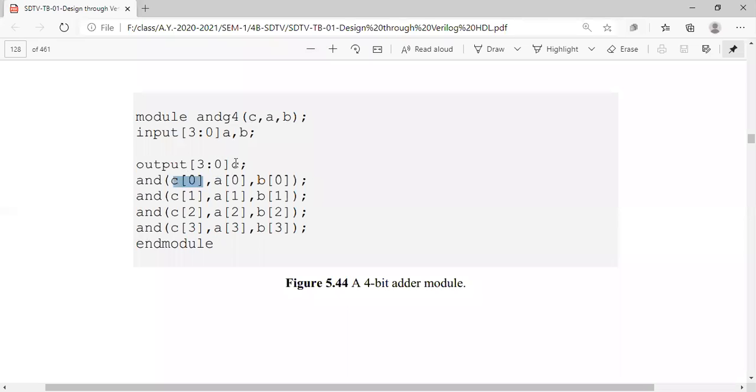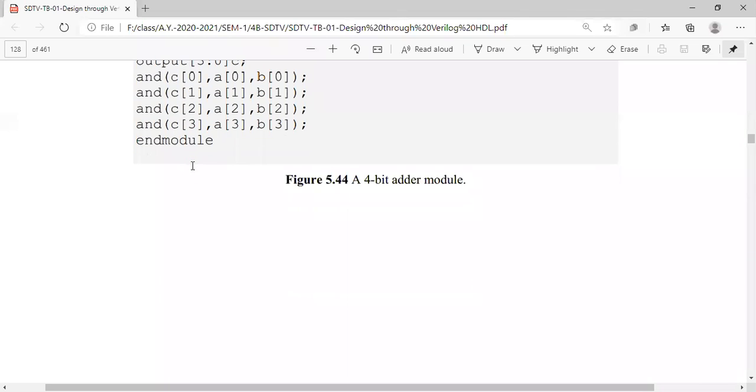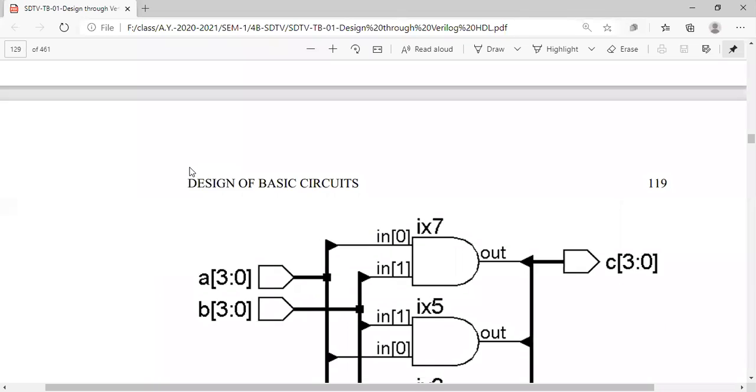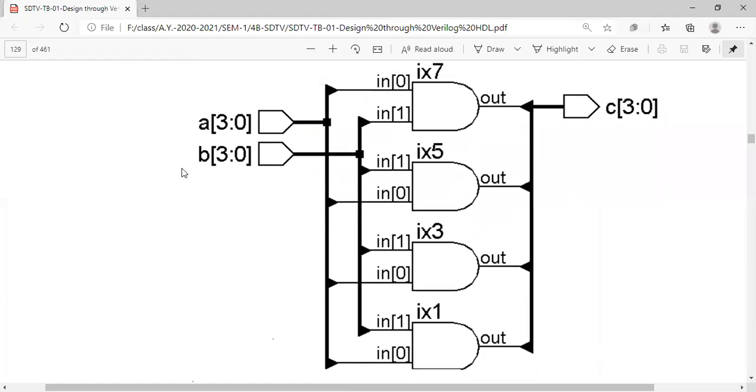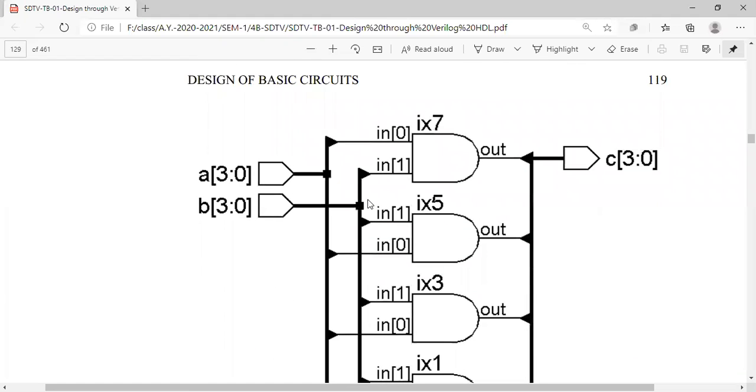We don't have any carries here, and we are not going to carry forward that carry to the other bits, so no problem for us. We don't require any extra wires also. Directly we are performing with the help of respective AND gates, A of 3 and B of 3. So A is a 4-bit and B is a 4-bit.